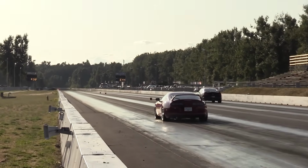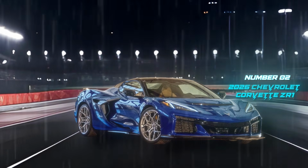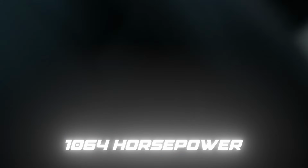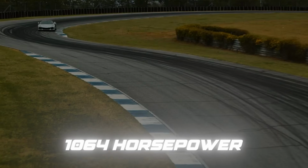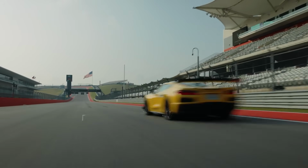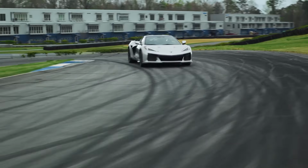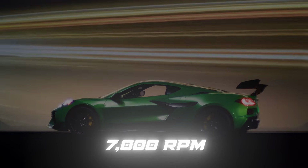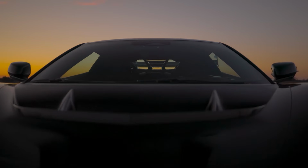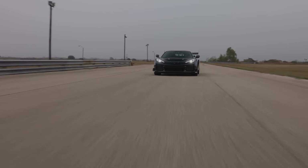Number 2. 2026 Chevrolet Corvette ZR1. 1,064 horsepower from a flat plane crank 8-cylinder. No hybrid, no electric motors, just twin turbos, force-feeding a 5.5-liter LT7 that revs to 7,000 RPM and produces 828 pound-feet of torque. This is the most beautiful 8-cylinder ever dropped into a production car by an American manufacturer, and